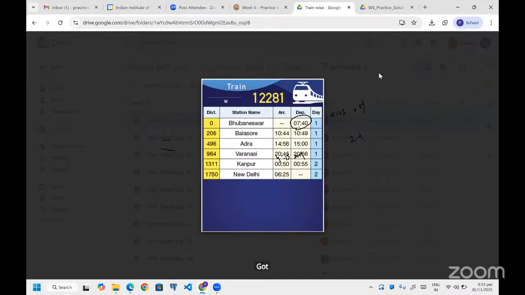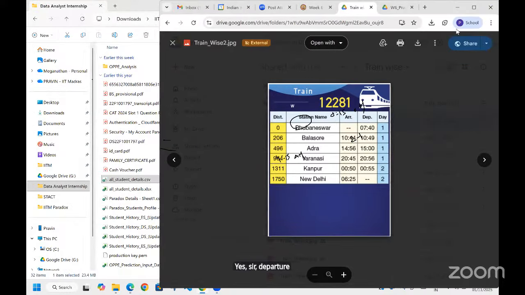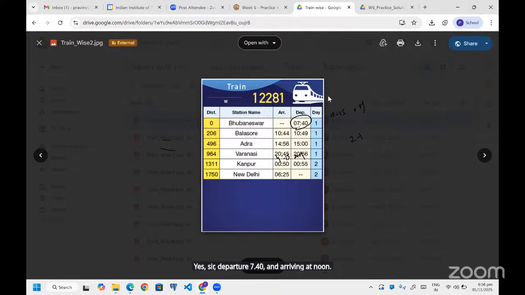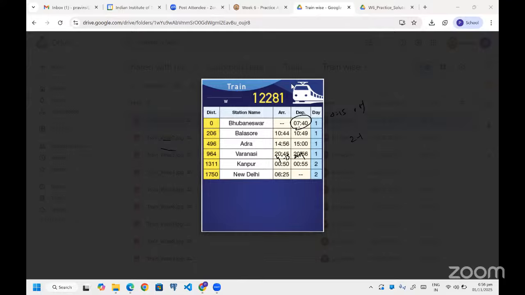Got it? Yes, sir. Departing at 7:40 and arriving at New Delhi at 6:40. If someone is traveling in this train, they'll spend one day, right? Sorry, one night.